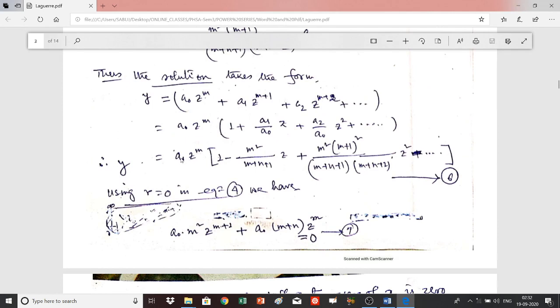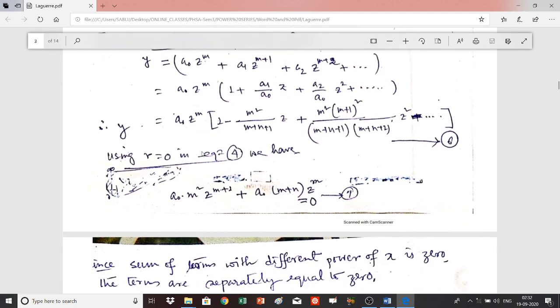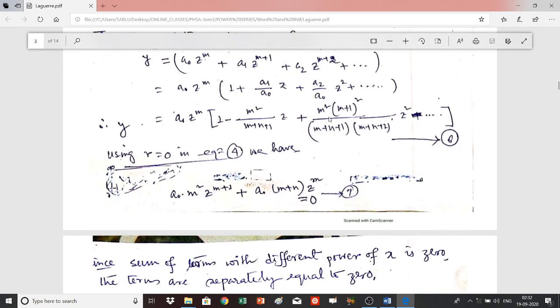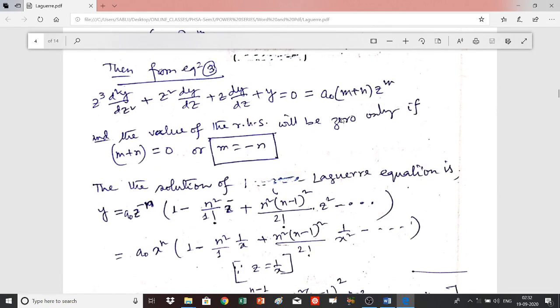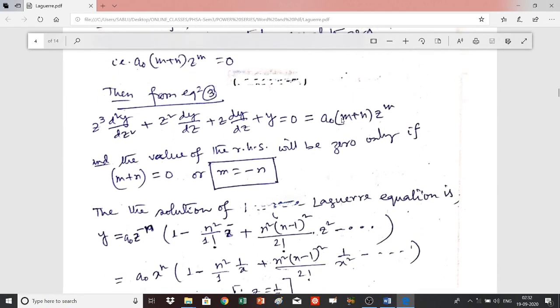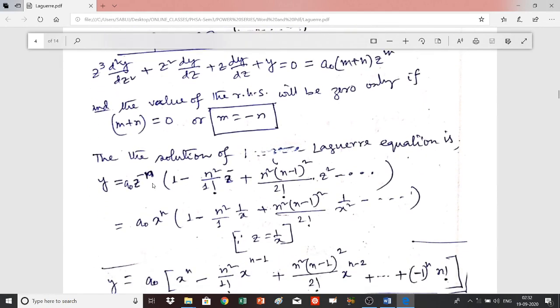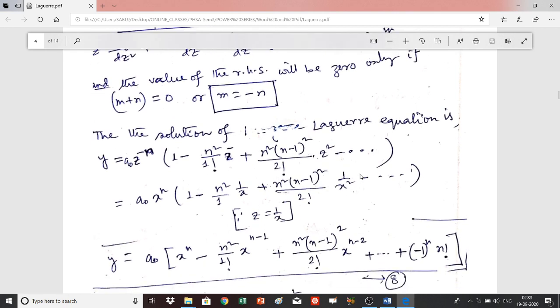So if you do that, then you will get a0 z to the power minus n, and all other terms. Just look at this expression, in which I have substituted m as minus n. Then you will get z is equal to a0 z to the power minus n, times 1 minus n square by 1 factorial z plus n square into n minus 1 whole square by 2 factorial z square, and all other terms. And since z is equal to 1 by x, just substitute z as 1 by x, then you will